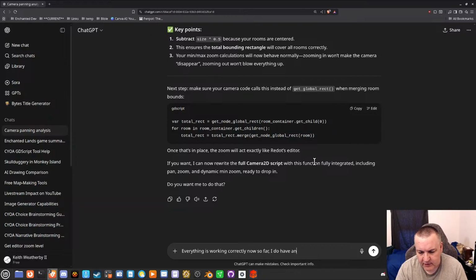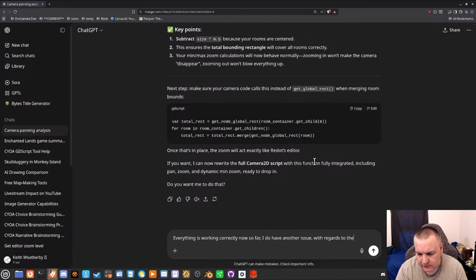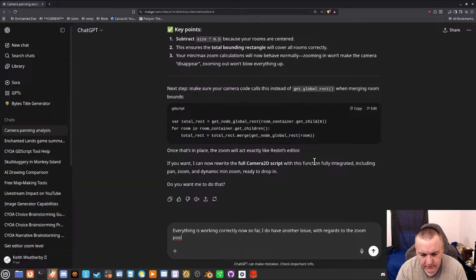I do have another issue with regards to the zoom position. It doesn't seem to zoom in from the center. It zooms based on the mouse being toward the left or right of 0, 0.